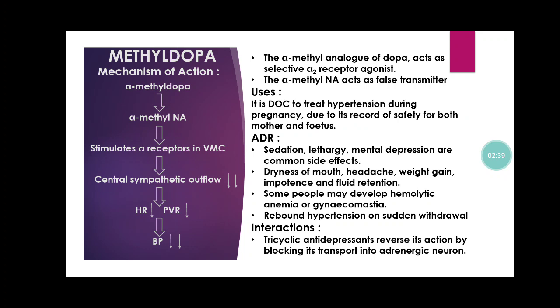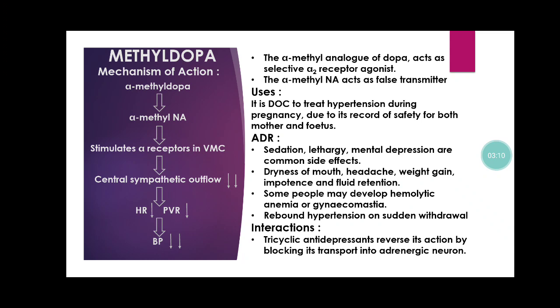This alpha-methyl noradrenaline is a false transmitter that is released during nerve stimulation instead of noradrenaline. It stimulates receptors in the vasomotor center, causing a decrease in the central sympathetic outflow. This leads to a decrease in the HR and PVR and a subsequent decrease in the BP. Uses: methyl dopa is the drug of choice to treat hypertension during pregnancy due to its record of safety for